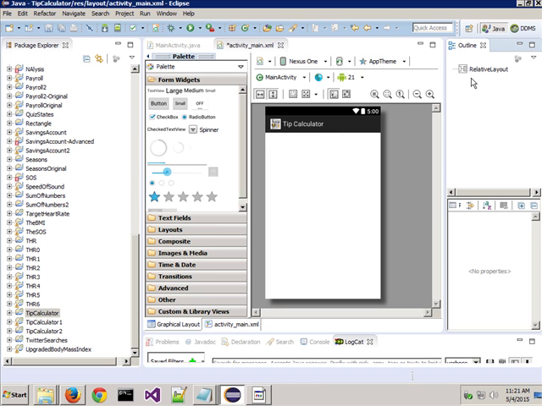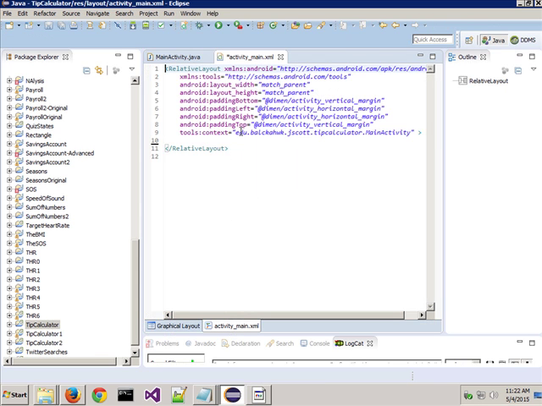Okay? If you went to run the program now, you'd get an error message. So you know that. If I come over here, and if you please look up on the screen, right now, if yours looks like mine, down here it's got graphical layout, and it's got activity main.xml. But if I click the one that says activity main XML,